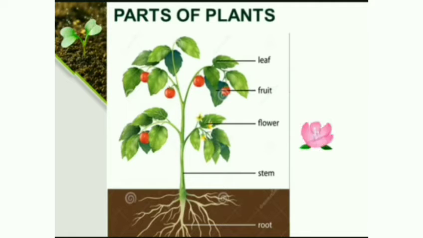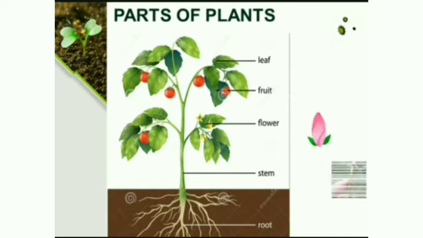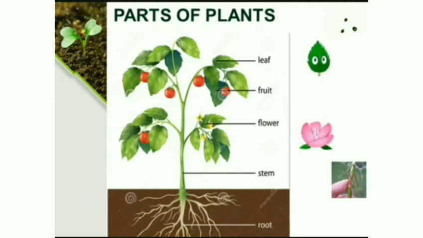First part of a plant is flower. It is usually the most beautiful part of a plant. A flower later becomes a fruit. Seeds. It is a part of a plant from which a baby plant grows. It is present inside the fruit. Stem. It is the part of a plant that carries water and food to all other parts. In most plants, stems also provide support.